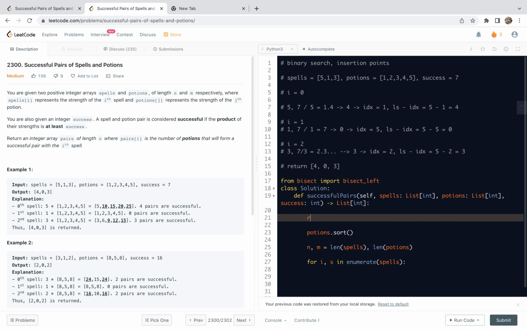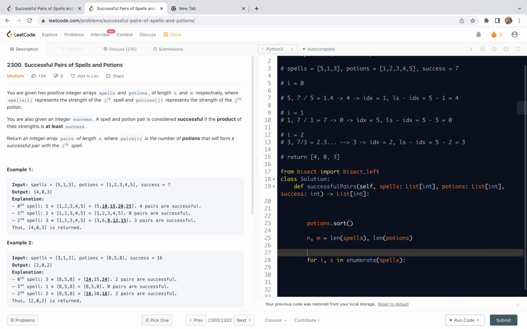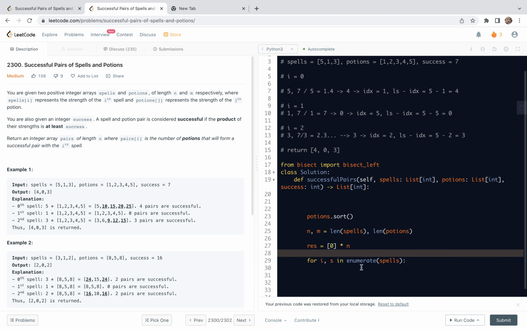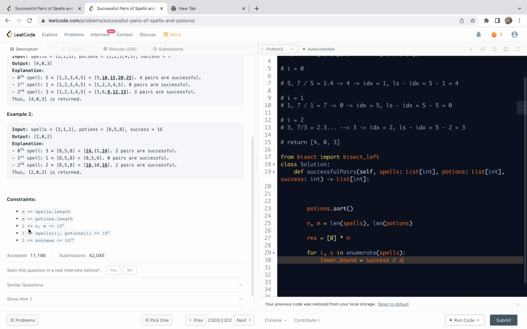Now we just need to do a simple for loop, for i, spell in enumerate(spells). Let's first do something like this at the very beginning. So we specify the return. The return is a result which we initialize as zeros at each position. So it's n, right? So in this for loop, for the current spell, say s,